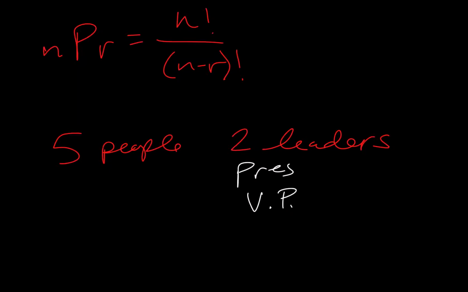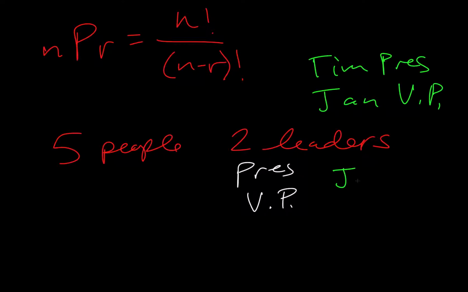So the order would matter, because if we had Tim as president and Jan as vice president, that's a different outcome than saying Jan is president and Tim is VP. So those would be 2 different outcomes in this situation. So that's like when we use a permutation. So this would be